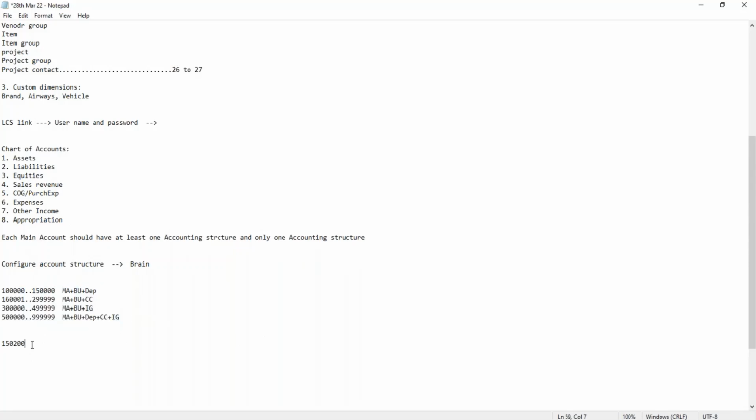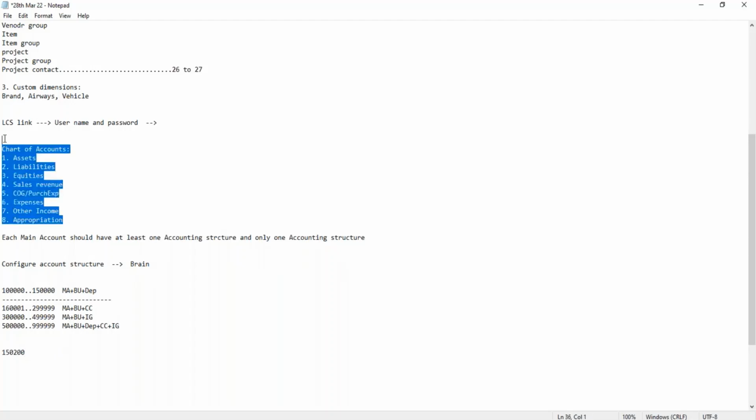The main account exists, but it will not come under there. It's a gap. Then the system will tell me that, even though the main account is available here, the